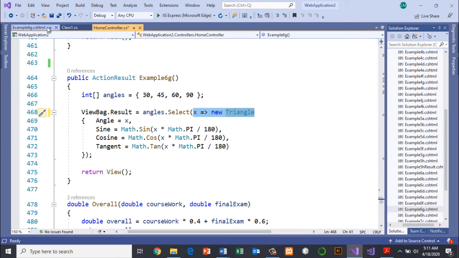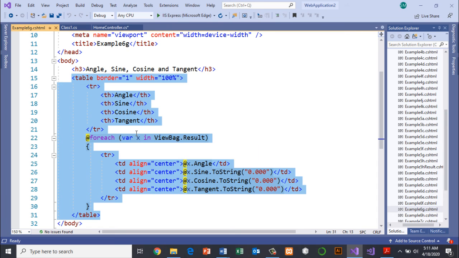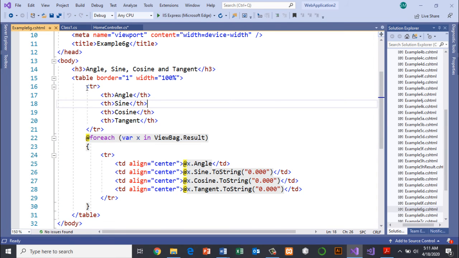Now when we return view, how do we display? So this is the view. I'm displaying this within a table. Okay, similarly this is the header, and this is hard coded. We have angle, sine, cosine, and tangent. And for each row, I use foreach, we have var x in ViewBag.result.